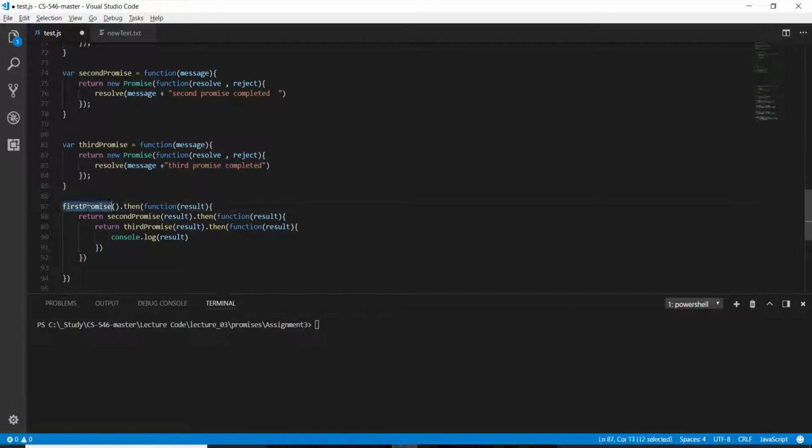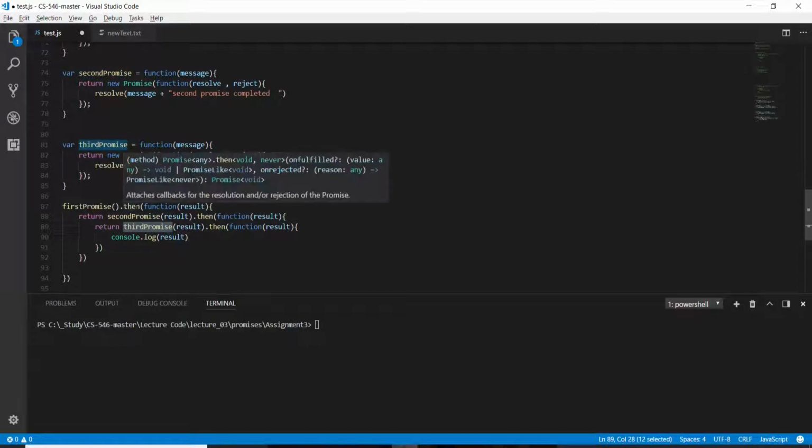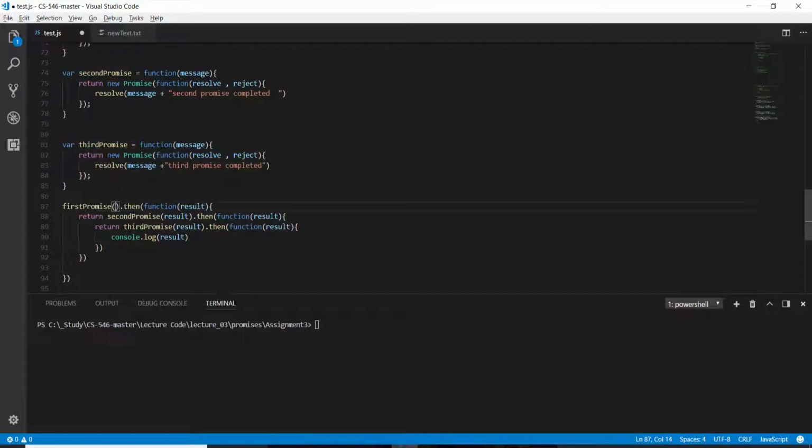So the first promise, then the second promise, and then the third promise, and until and unless this promise has been resolved, nothing would be executed over here, that is, the second and the third promise. Similarly for the second promise, until and unless the second is resolved, the third won't start because of this then function. And after every promise has been executed, we call log and log the results over here. So if I go ahead and run this,